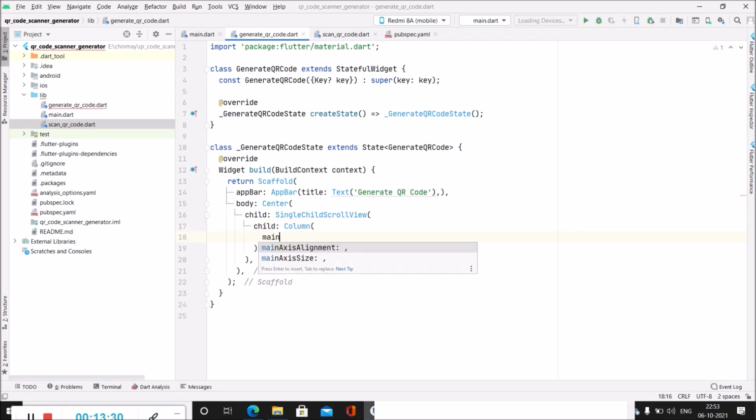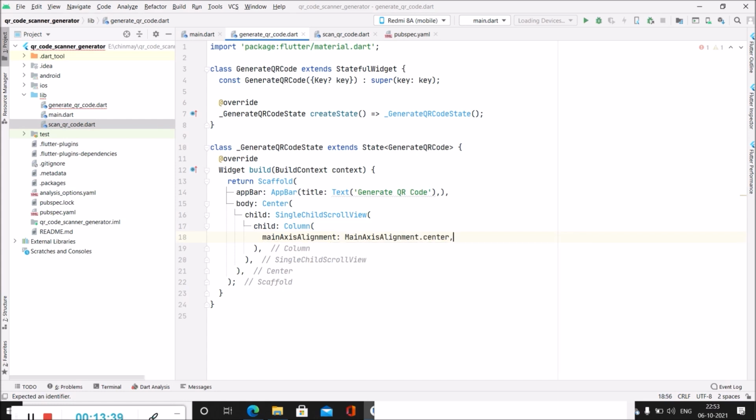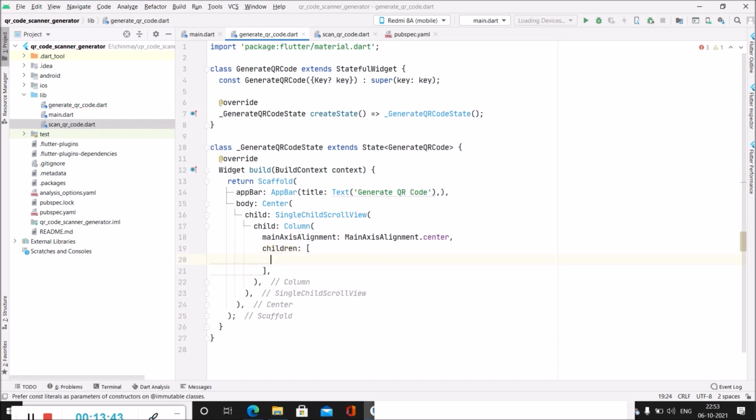In the column, we will be firstly specifying main axis alignment as center. Then we will be adding different children. So inside this children, firstly we will be checking